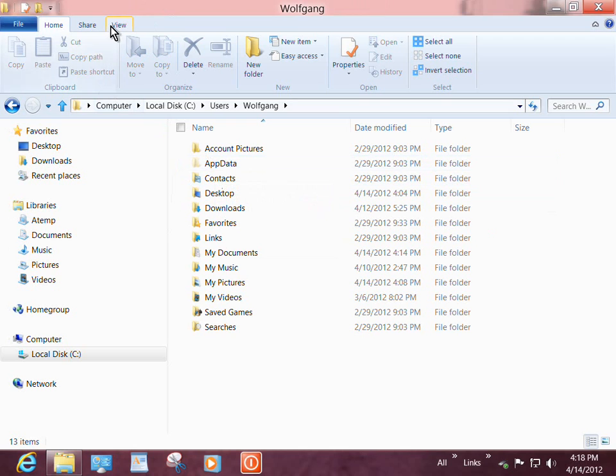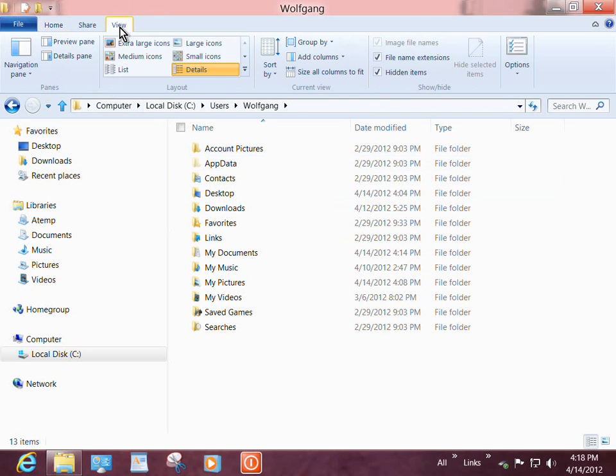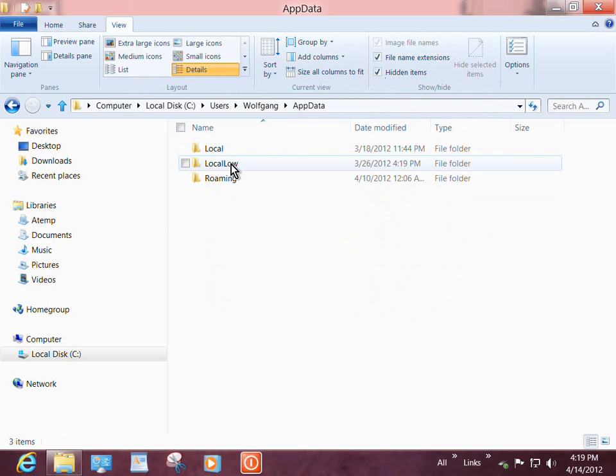If it doesn't show up under your name, you go to view and check this box up here, hidden files. See, look on app data. Look down here. If that box is unchecked, app data wouldn't show up. So this box has to be checked. So you go to app data, local,